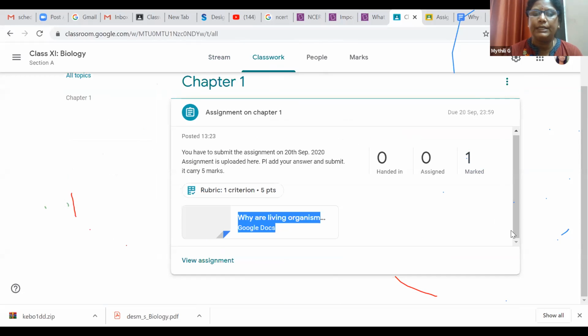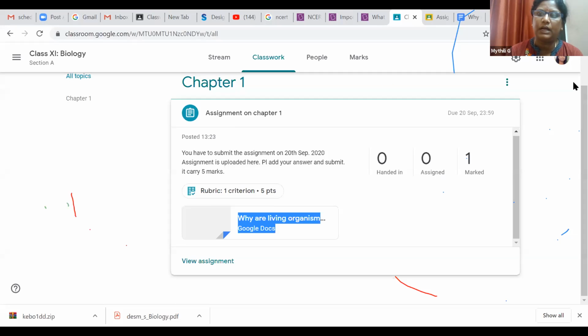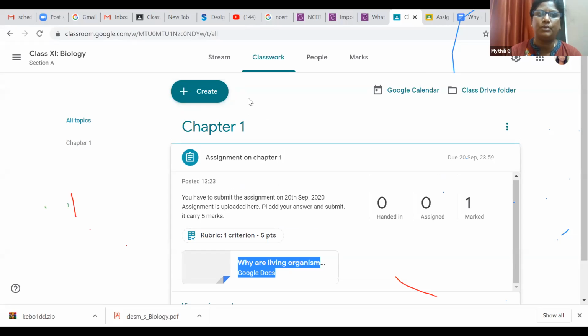If you are creating an assignment or anything, you can mark it as scheduled for later, or you can hide it so that it is not visible to the student. When you are getting in, then only they will be able to see the material or content, which is also available here.